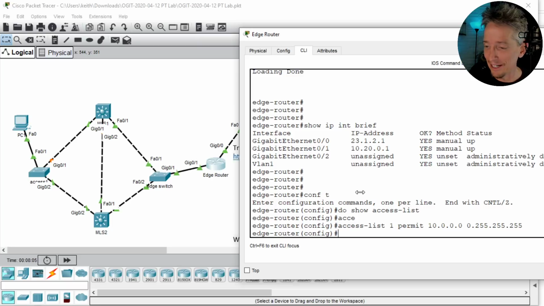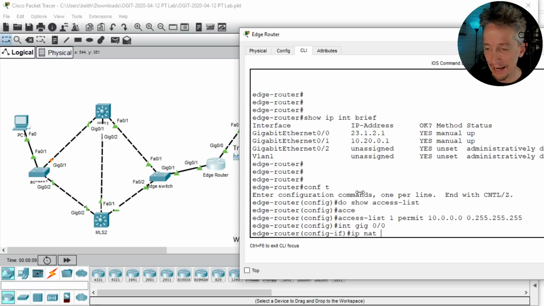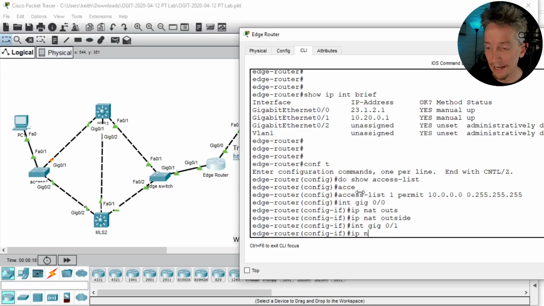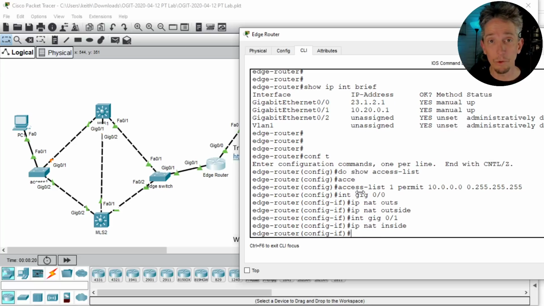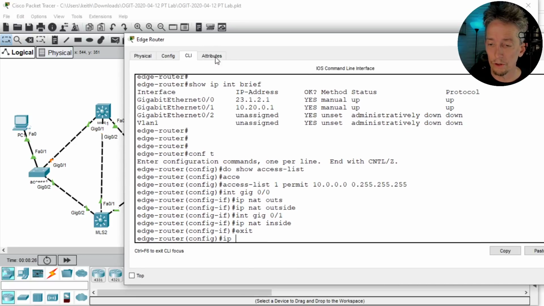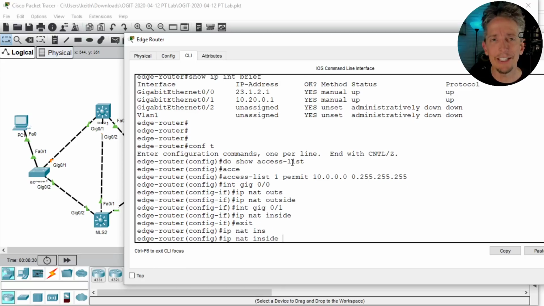So we'll do interface gig 0/0, ip nat outside. I'm going to tab that out. Interface gig 0/1 on this edge router, ip nat inside. And now we'll make a rule that ties it all together. And the rule looks something like this. ip nat, and let me slide this over just a little bit so we can see it. ip nat inside, I'm going to do inside source address translation. ip nat inside source